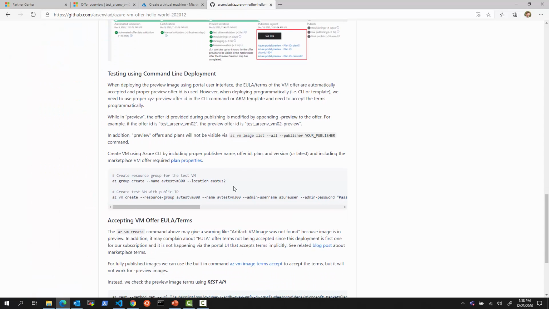So in here, let's just give it a shot. So basically testing using command line deployment. What we will do is we'll create ourselves a resource group, and then in the resource group, we will create ourselves a VM. We'll specify username and password, and we'll refer to the image using the identifiers that we